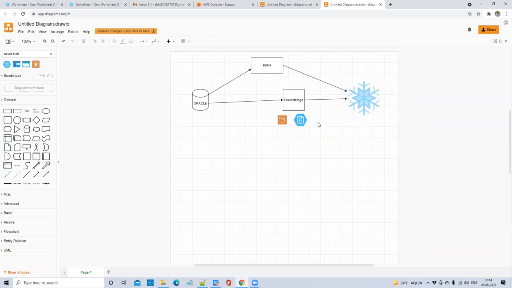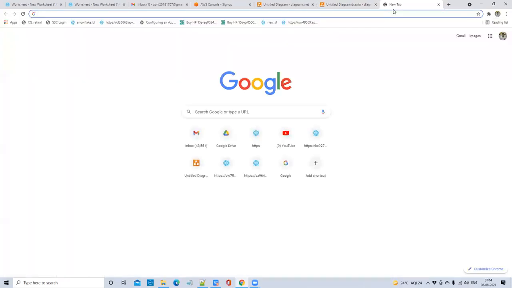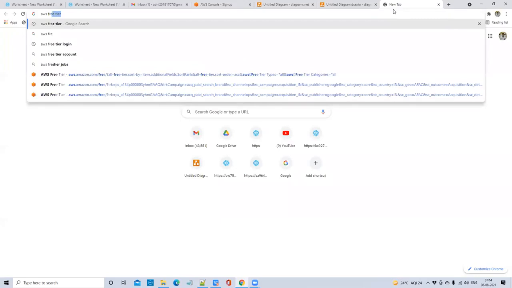Anyway, we need this cloud storage first to ingest the data into Snowflake. We need a cloud storage, right? For that, you need a cloud account first of all. So now we'll see what AWS cloud is. I'm going with AWS, not with Azure. What is an AWS account and how to create the trial account first. First I'll show you how to create a trial account and then we'll see what services we need to know. To create a trial account in AWS, like we created a trial account in Snowflake, just go here and simply type AWS free trial.